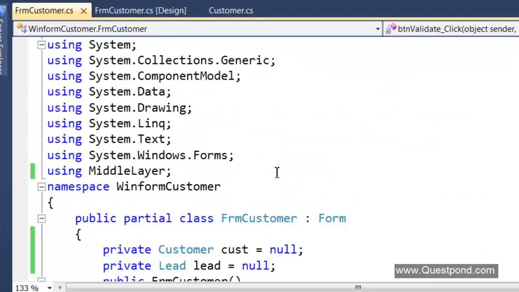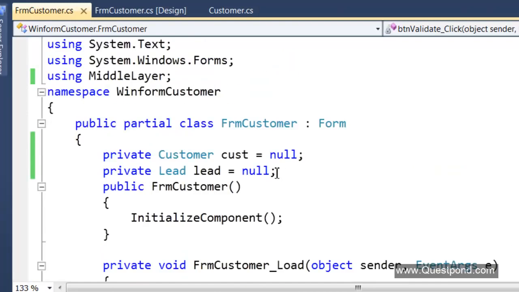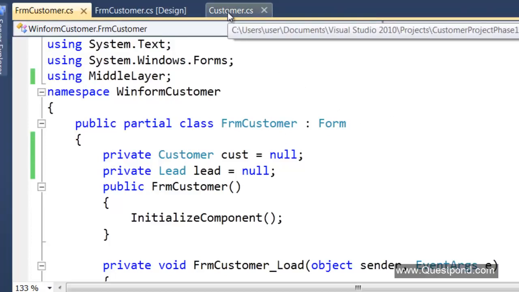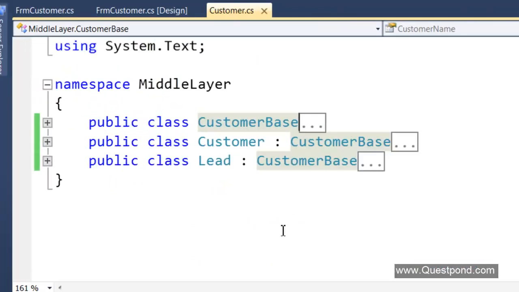So first thing is, let us see if we can minimize these changes from at least 3 to 1. Okay, so let us go step by step. So at least, can we bring down the number of code changes, right? So the first thing I can really do over here is use polymorphism. In other words, if you remember, both of our classes, customer and lead, inherit from the customer base class, right?